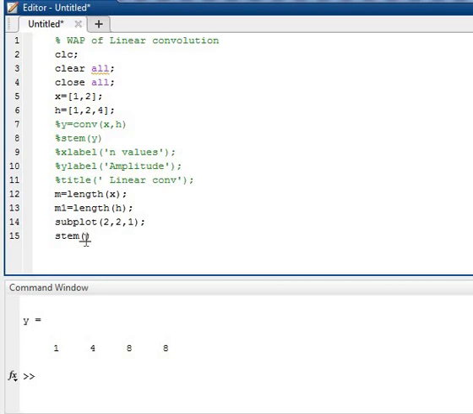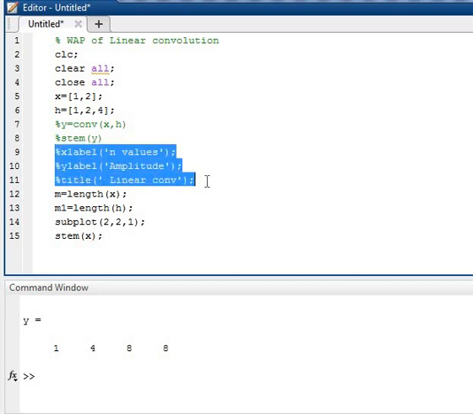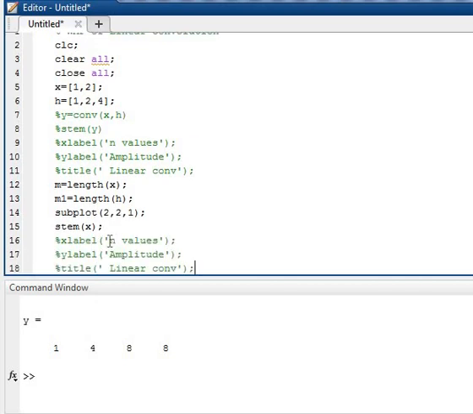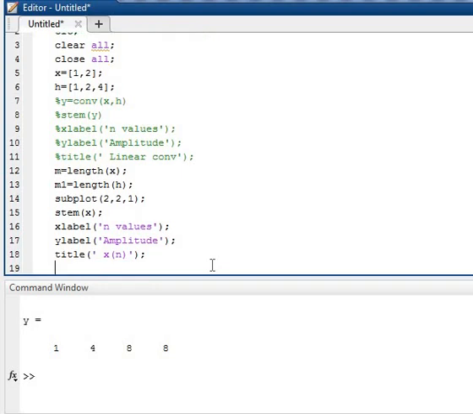I use the stem command for the x input, then xlabel, ylabel, and the title, which I change to x[n].